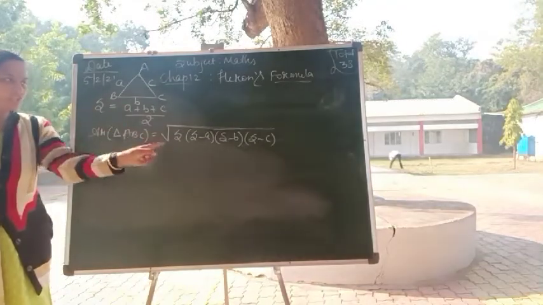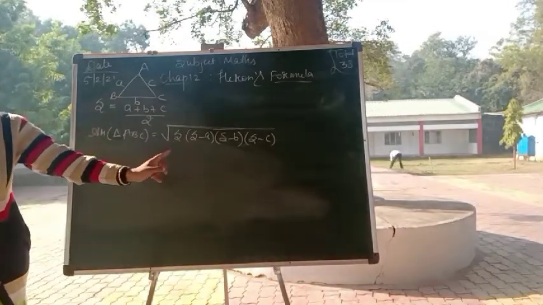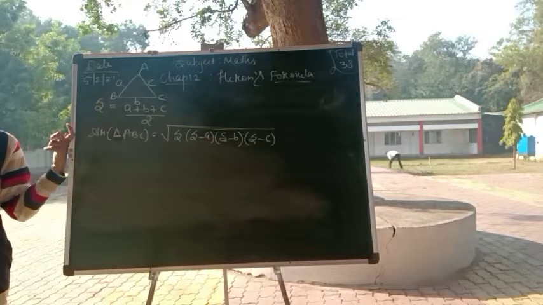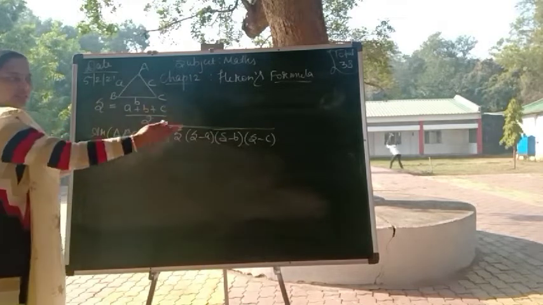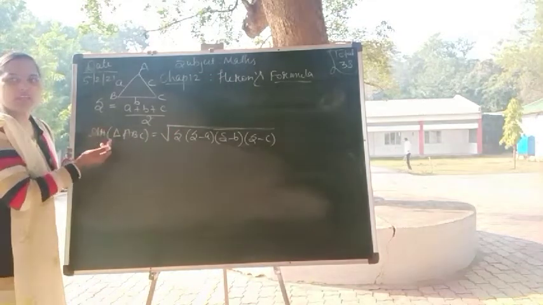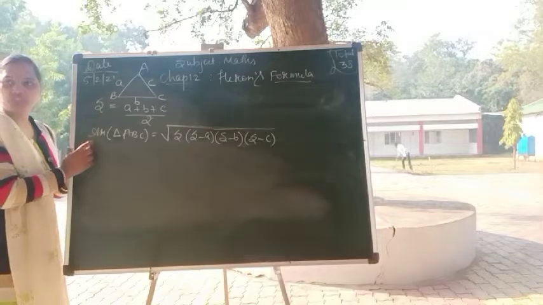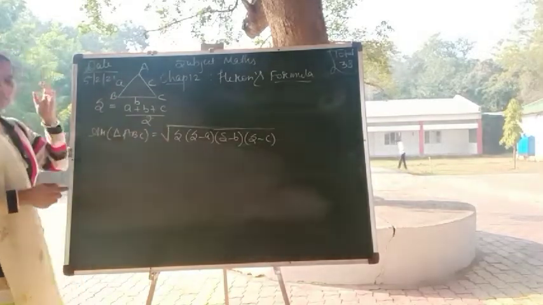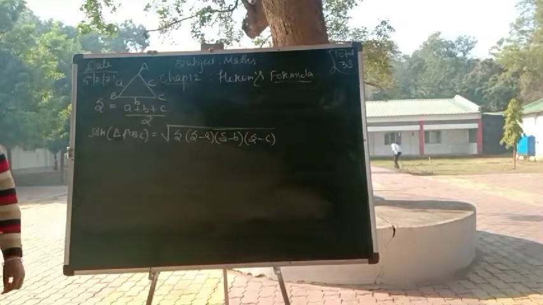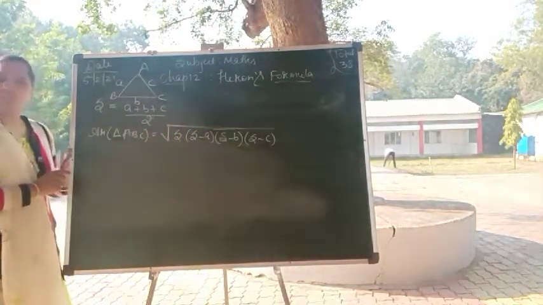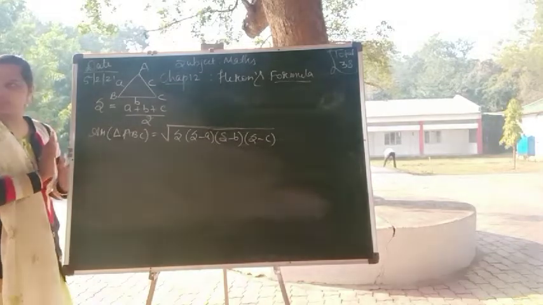Here, the value of the semi-perimeter we have to put. The formula to find out the area of a triangle. You forget to write the left-hand side, area of triangle. I have seen your papers. You just solve here, but what are you finding? You are finding the area of the triangle. So on the left-hand side mention area of triangle ABC is under root s, s minus a, s minus b, s minus c, where a, b, c are the sides of the triangle. Clear? Is this formula clear, everyone?